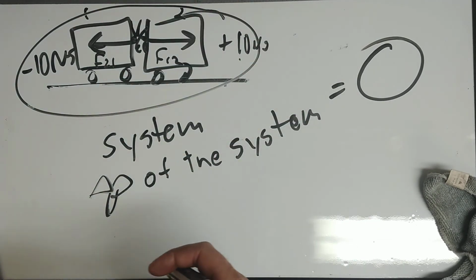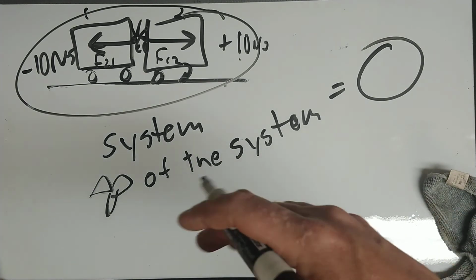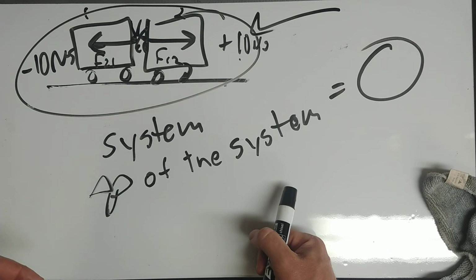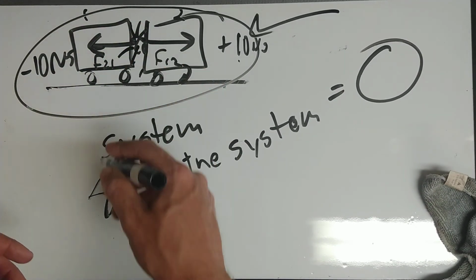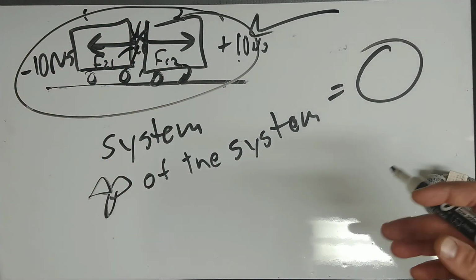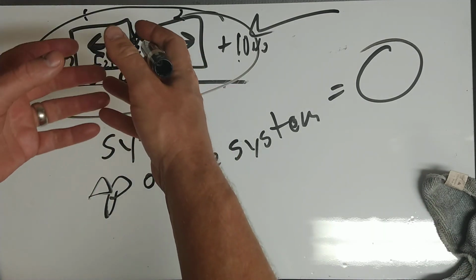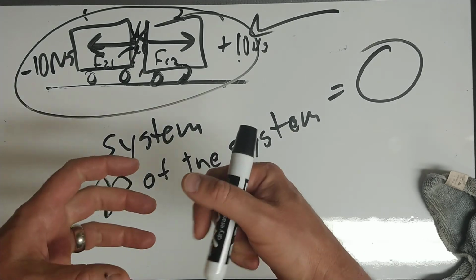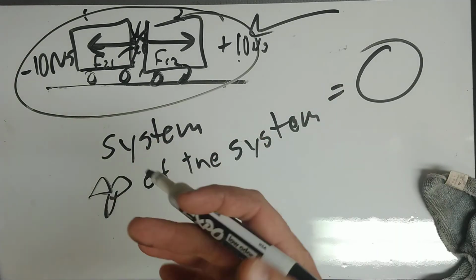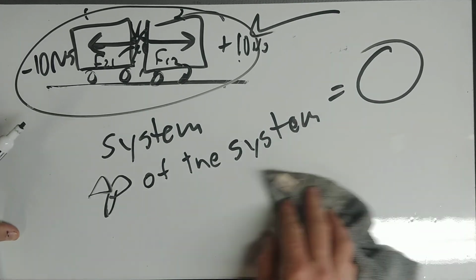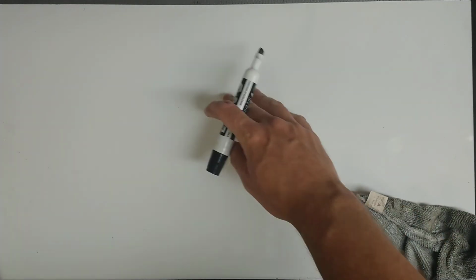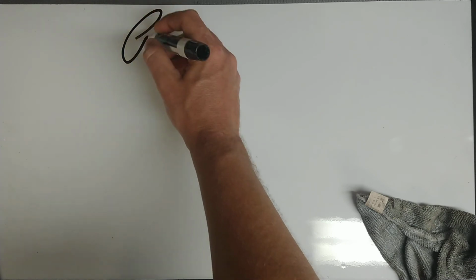The only time a system can gain momentum is if a force comes from outside the system and acts on it, or if some sort of energy is released inside the system, like a spring between the two cars being triggered. So this brings us to the fact that if the momentum of a system can't change during a collision, that means the total momentum